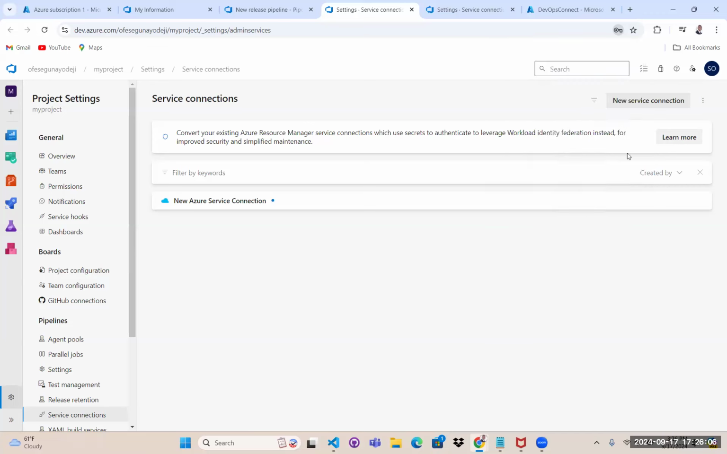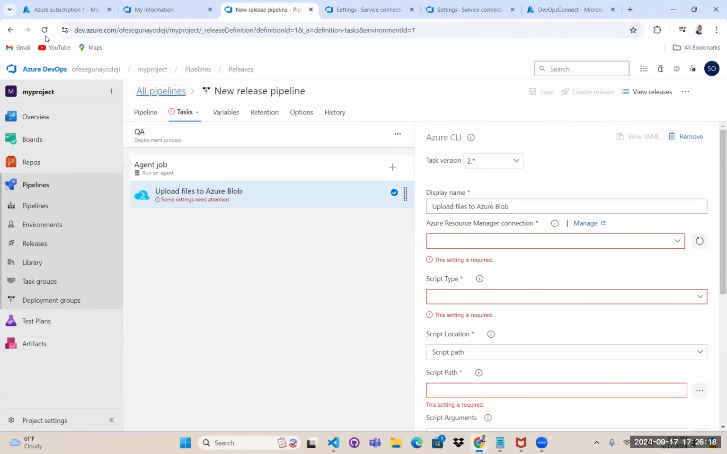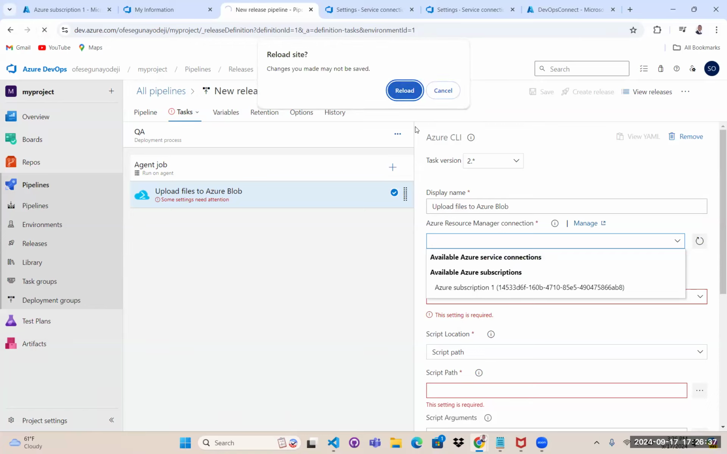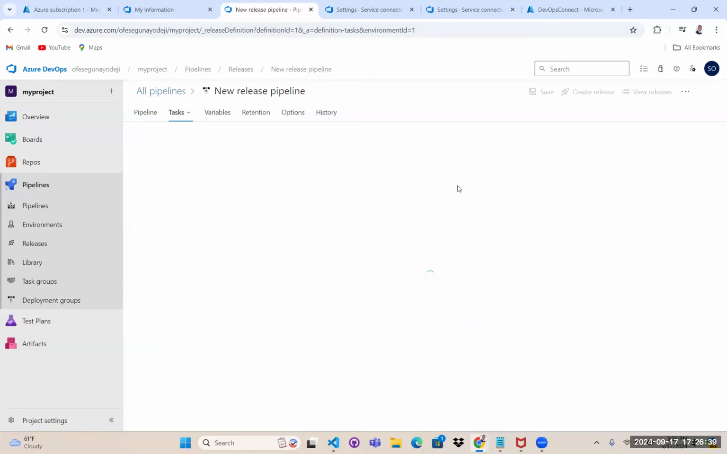Okay, so now you see the service connection. I have my new service connection, which is new Azure service connection. So I'm going to come back to my pipeline and I'm going to refresh. Currently we have only one available Azure service connection. We just have this one. So if I refresh now, let me reload, you will see